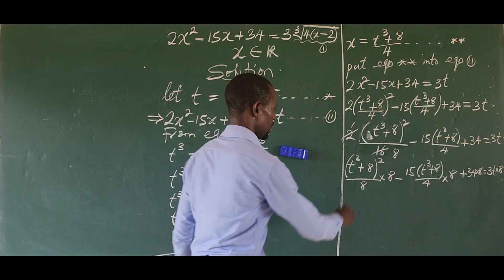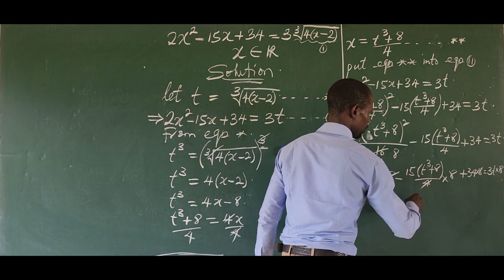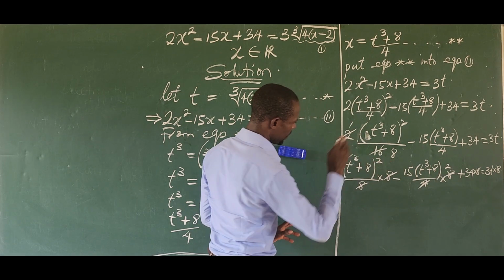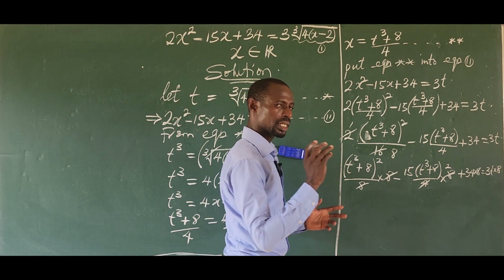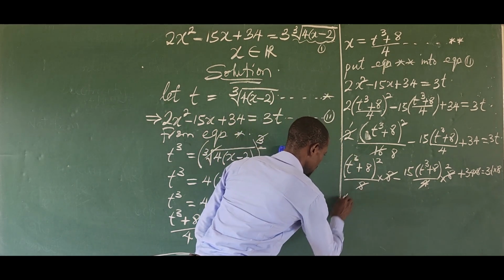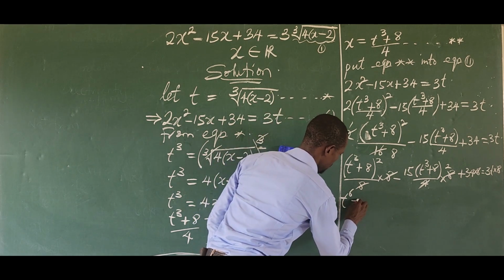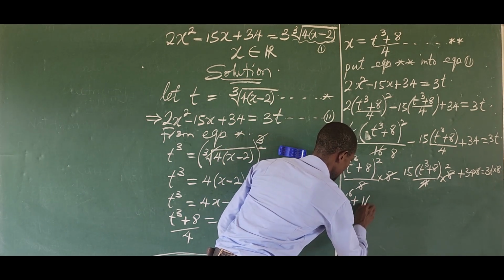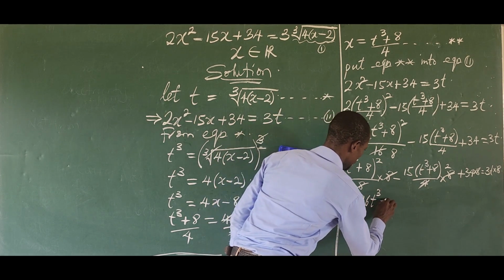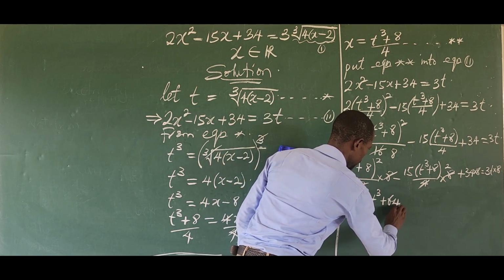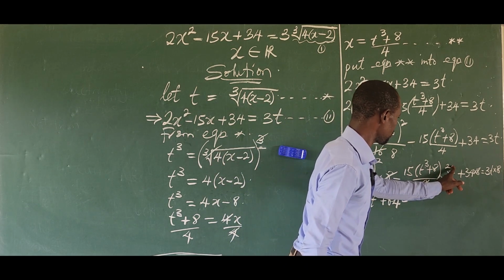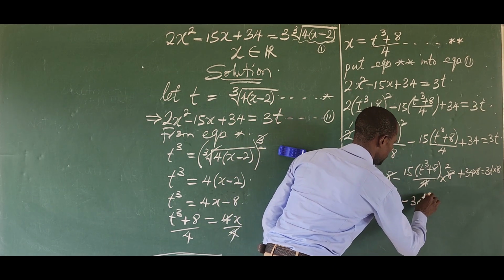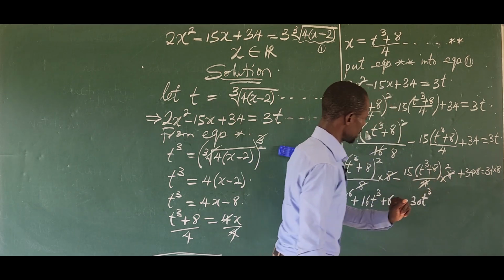Okay, let's just manage the space. So this and this will leave. 4 here, 1, 4 here will give us 2. Now if we use this to open itself, that is t to the power of 3 plus 8 times t to the power of 3 plus 8 is going to give us t to the power of 6, plus 8 t to the power of 3 times 2, that will give us 16 t to the power of 3, then plus 8 to the power of 2 will give us 64. Then minus, mind you, we're having 2 here, so 2 times 15 will give us 30. So this is going to give us minus 30 t to the power of 3,